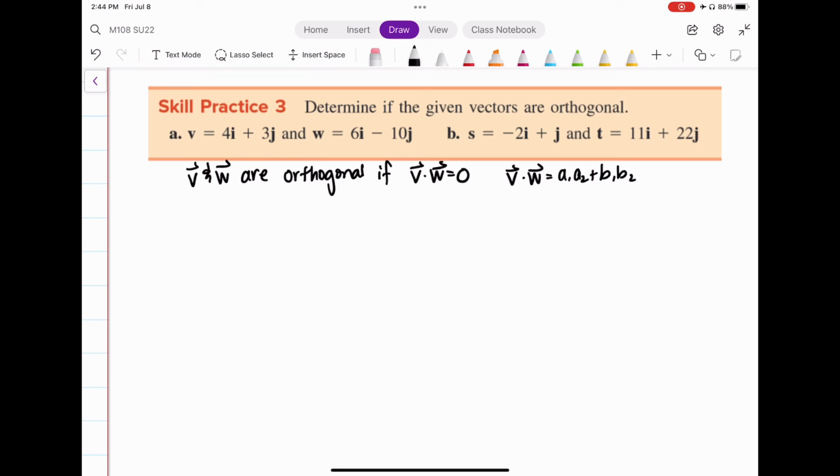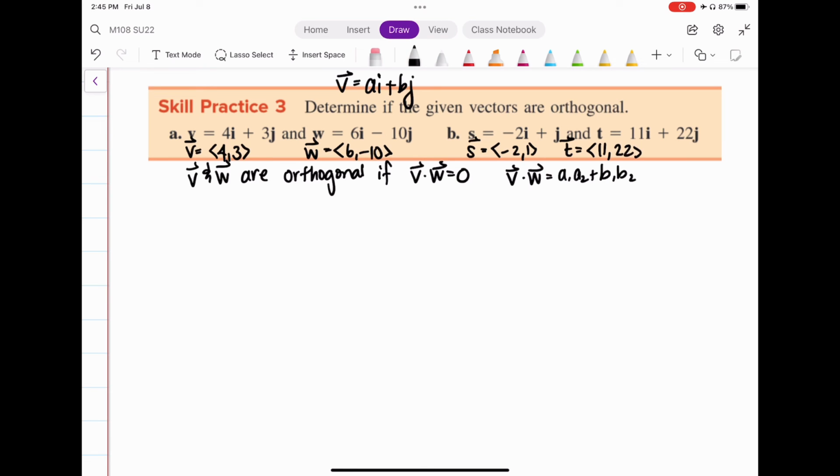The vectors are written in the form vector v is equal to ai plus bj. Writing in this form, that would mean that a1 would be 4 and b1 would be 3, a2 would be 6, and b2 would be negative 10 using vectors v and vector w. For vectors s and t, a1 would be negative 2 and b1 would be 1, a2 would be 11 and